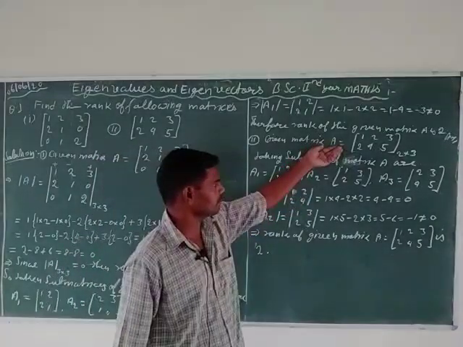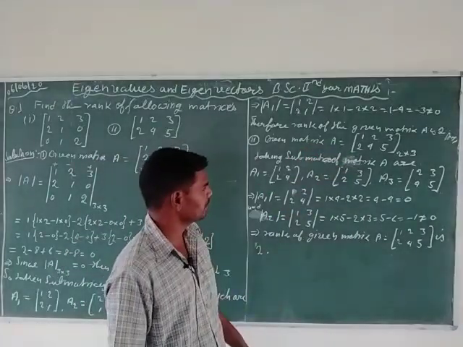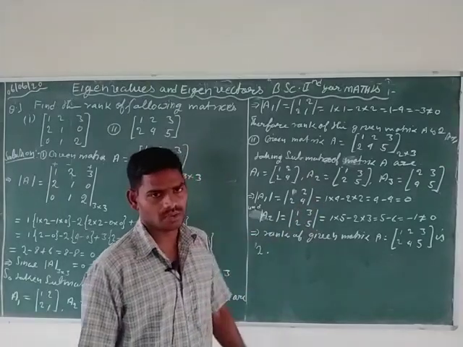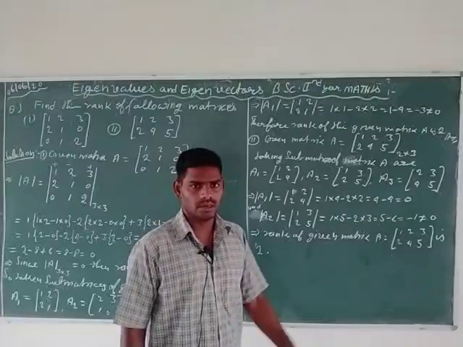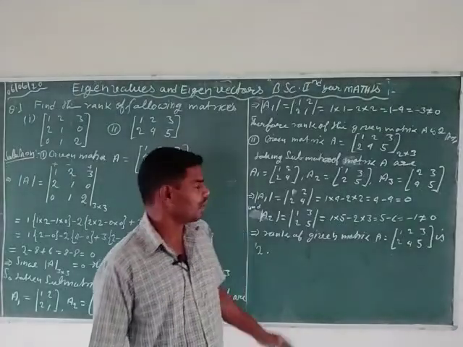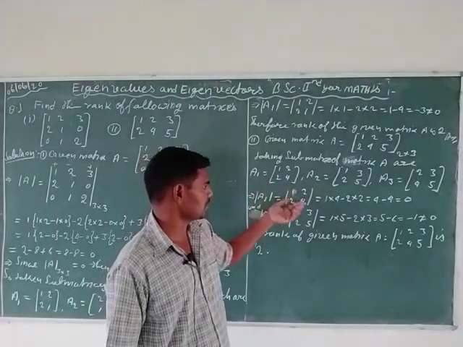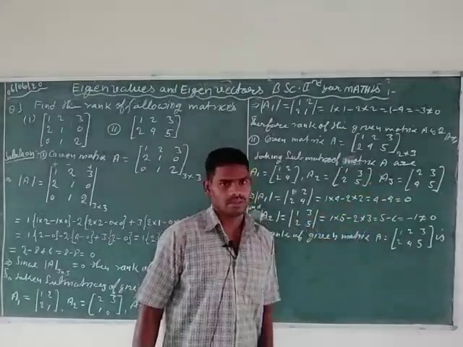Here the given matrix A, [1 2 3; 2 4 5], is of order 2 by 3 and is not a square matrix. Therefore, we calculate the submatrices of the given matrix A of order 2 by 2. Here are the first submatrix, second submatrix, and third submatrix.